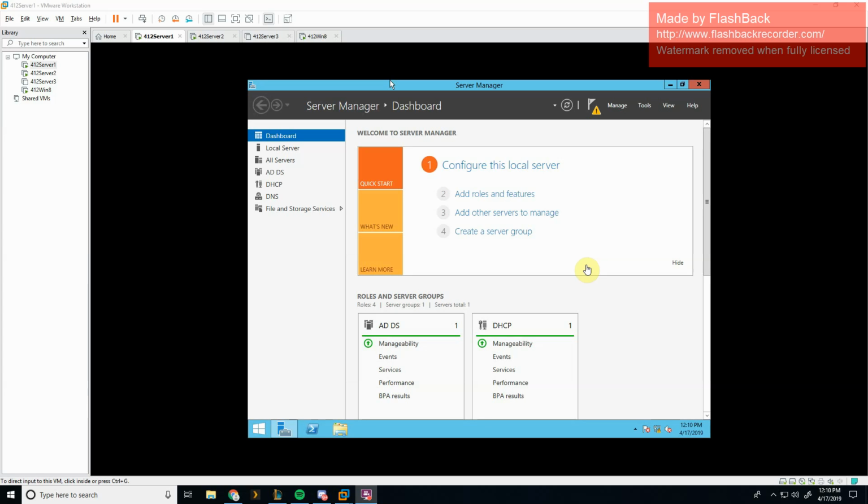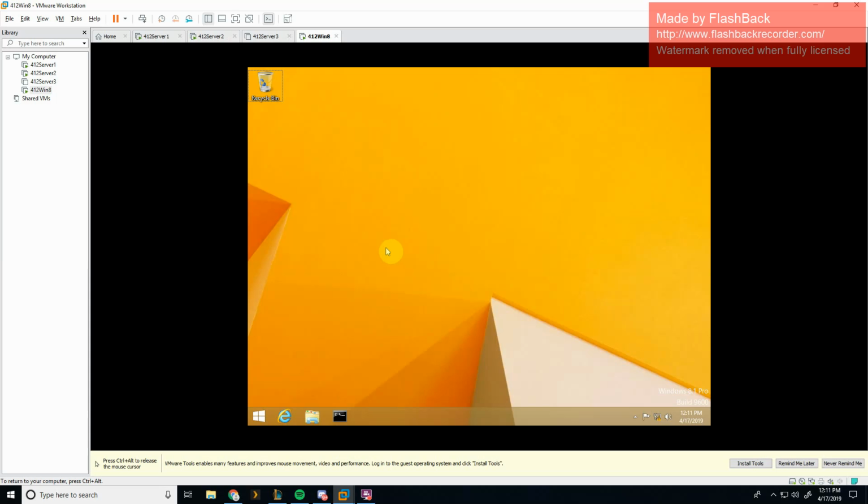This is Canon Vickery, and today we're going to be doing activity 3.7 in our Windows Server CIS 241 class. In this activity, we're going to be configuring DHCP failover. For this activity, we're going to be using our Server 1, our Server 2, as well as our Windows 8